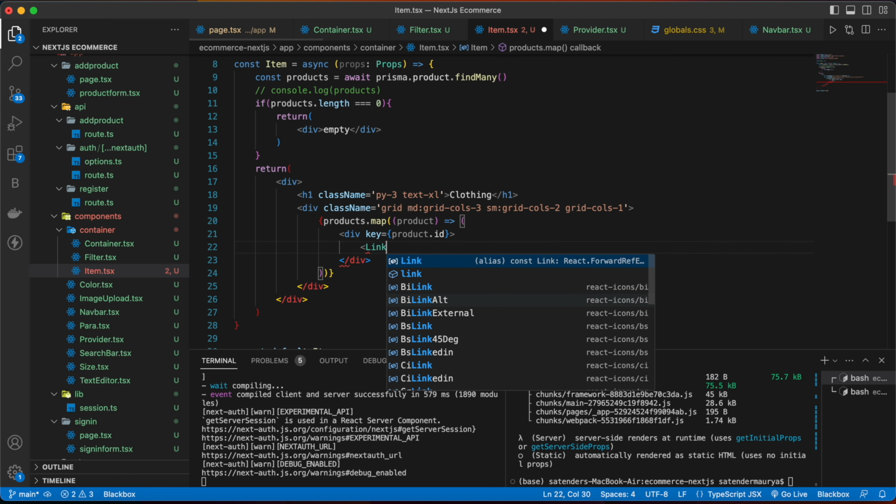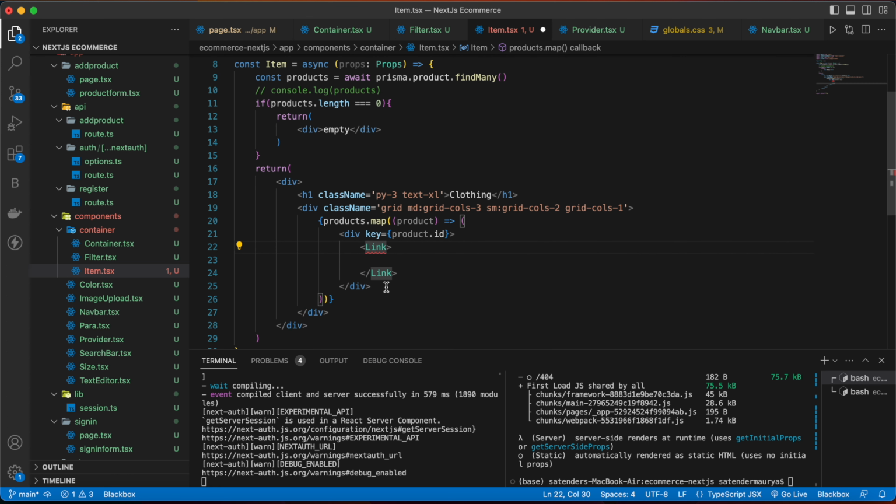Then we are going to have a link and the href value will be /dashboard/product.id.